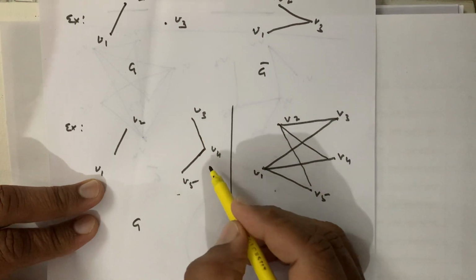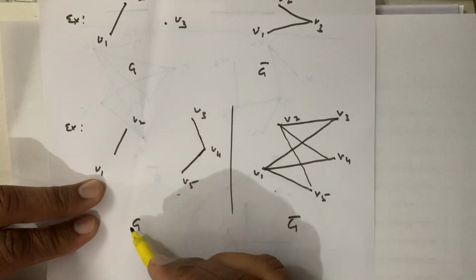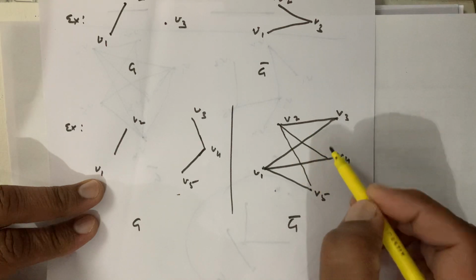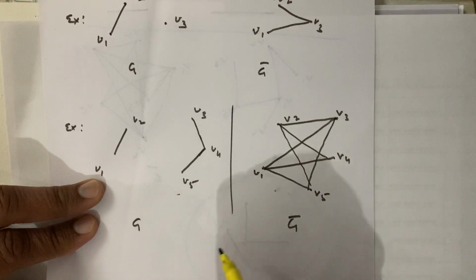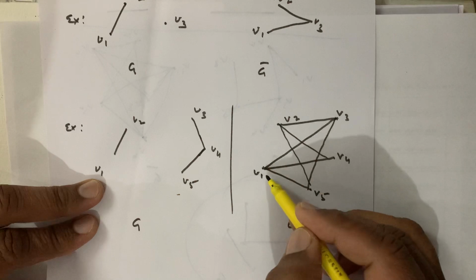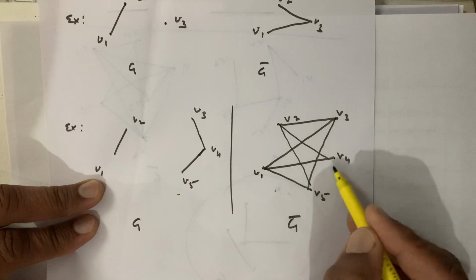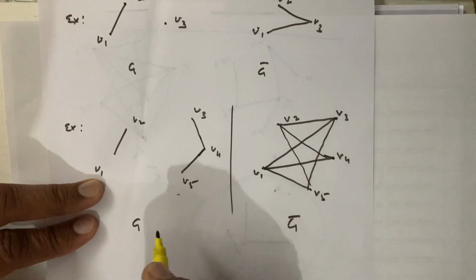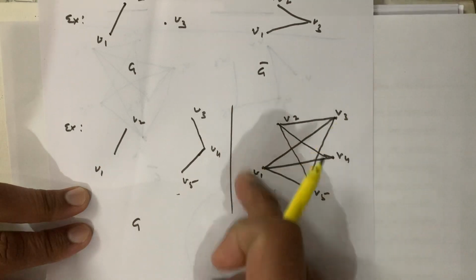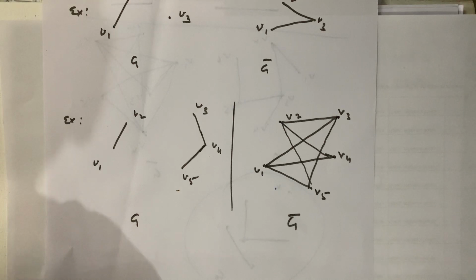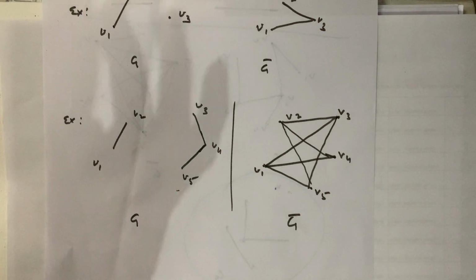सिमिलरली जो V3 है वो V4 से नहीं जुड़ेगा, V3 V1, V2 and V5 से जुड़ेगा। तो V3 V1 से जुड़ गया, V2 से जुड़ गया and V5 से जुड़ गया। इसी प्रकार V4 इन दोनों से नहीं जुड़ेगा, इनके अलावा जुड़ेगा। तो this is our G bar. So we can see that if this graph is not connected then this is a connected graph. तो कोई भी ग्राफ अगर आपके पास है तो अगर कनेक्टेड नहीं है तो डेफिनेटली उसका जो कॉम्प्लीमेंट ग्राफ आएगा वो आपका एक कनेक्टेड ग्राफ आएगा।